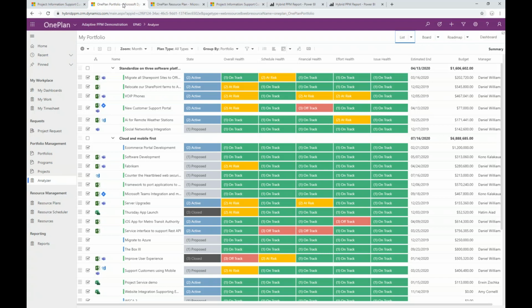And then finally, we have a full portfolio analyzer view built within the interface as well. So this is our OnePlan portfolio planner. We're looking at a collection of project plans. And in this case, we're actually mixing a variety of plans from not only the Project Online interface and the new Project for the web application interface,